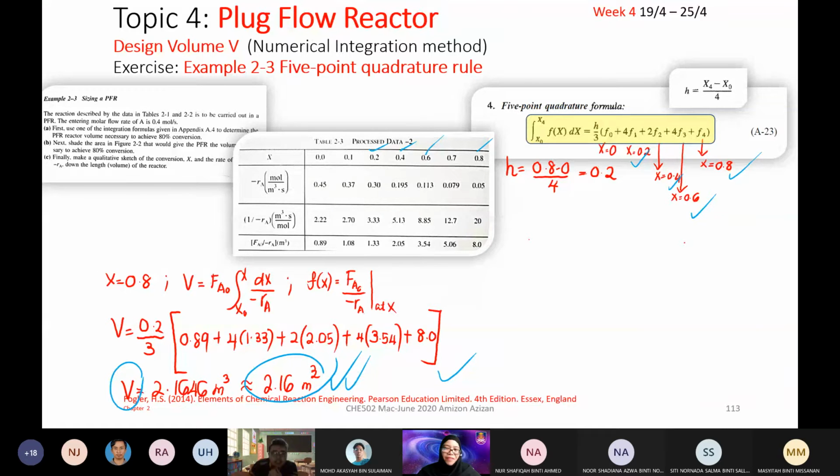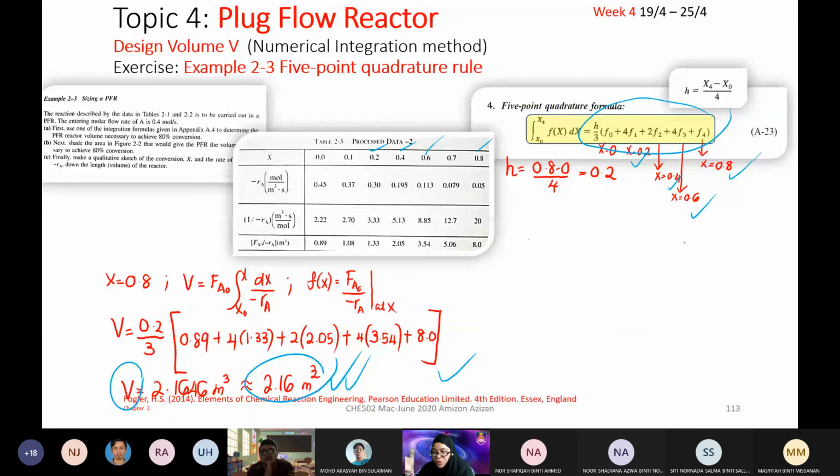Dia pakai point genap-genap 0.24. Okay, genap-genap tu because we choose genap-genap because that is the rule of the numerical Simpson's formula. There is a numerical formula for genap. Then we follow the 4-2-4-2-4-2. Right? But why the 5.2 would, how sure are you this would be the most accurate in comparison to 3.52